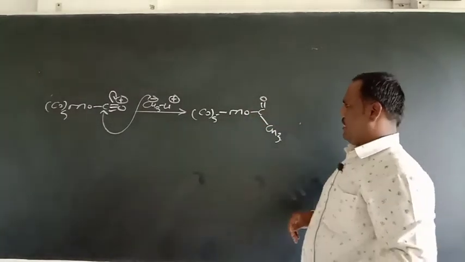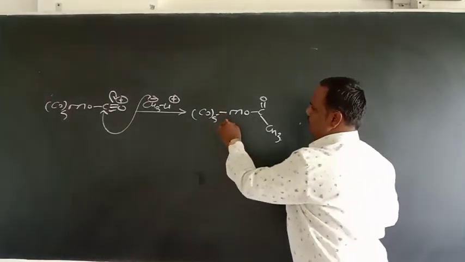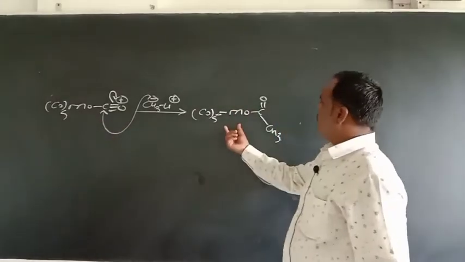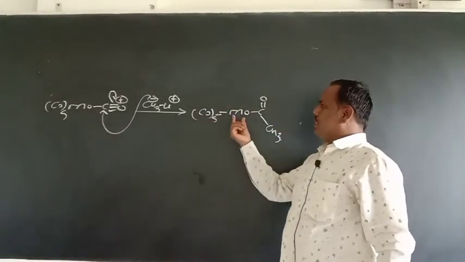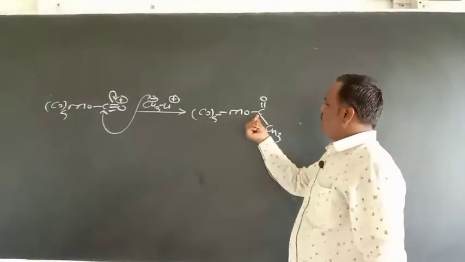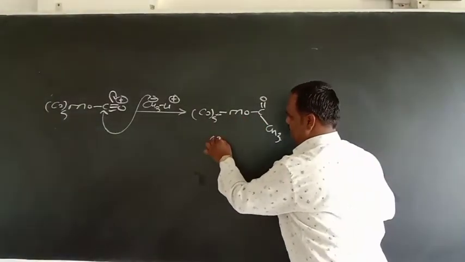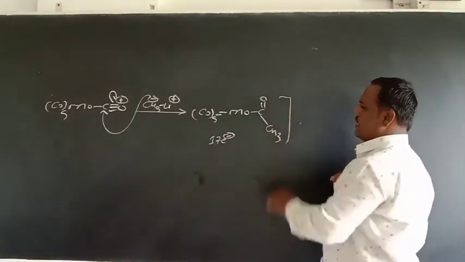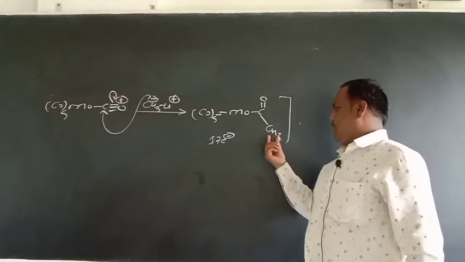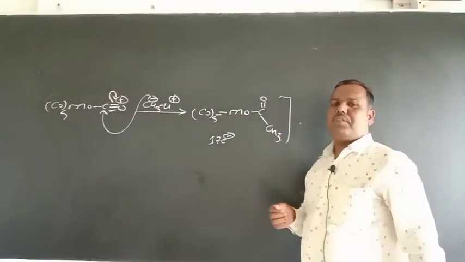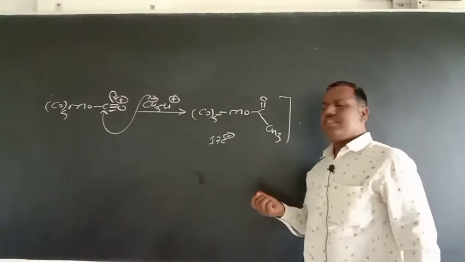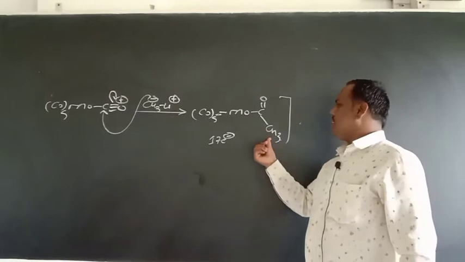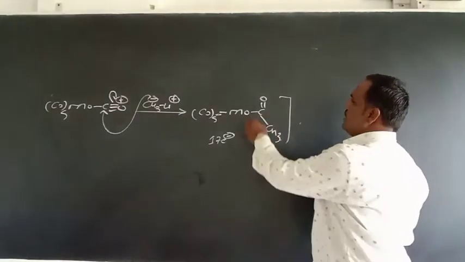So if you consider this complex, it is an 18 electron species. Again, if you consider this complex, it contributes 10 electrons, the molybdenum contributes 6 electrons, and this contributes 1 electron, so total 17 electron species. But this does not show agostic interaction. If you consider these protons, the protons attached to these carbons are not highly acidic, and therefore this metal atom does not show agostic interaction with this hydrogen, because if you consider this group,